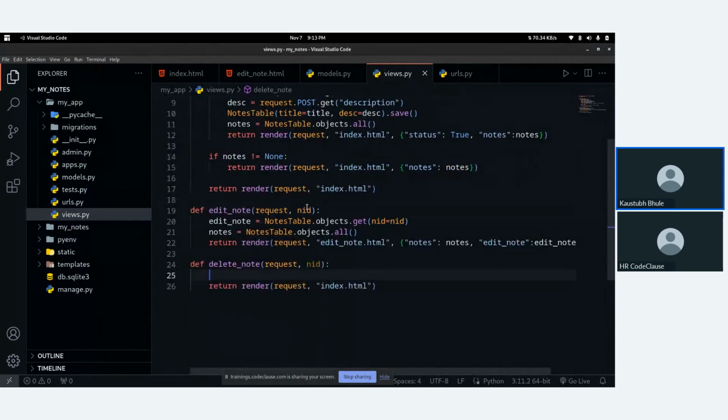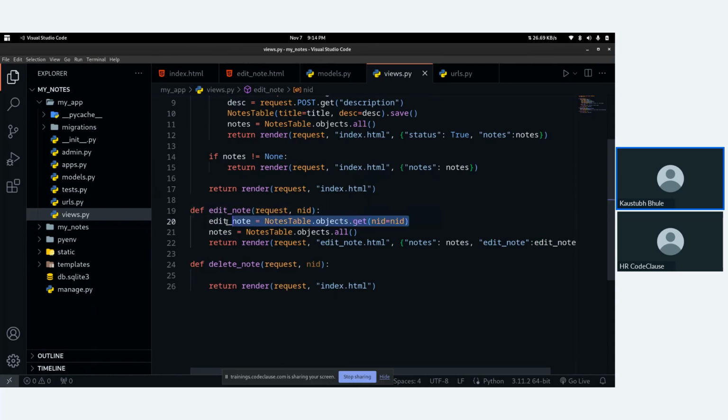After getting that NID, we are retrieving the record from the database based on the NID, which is note ID, right? So the syntax is the table name, or the class from the model indirectly, dot objects dot get to get a single record, followed by the column name, which is our NID, and NID as our value which we are getting from the URL.